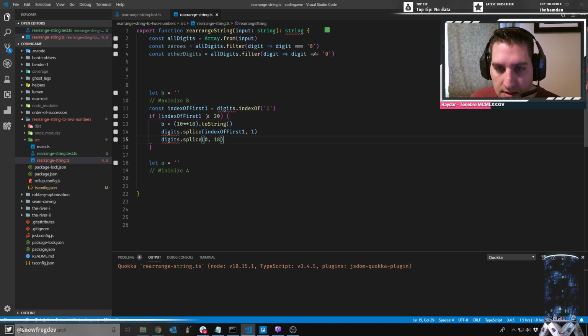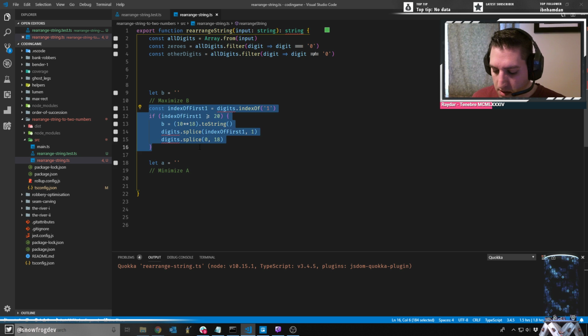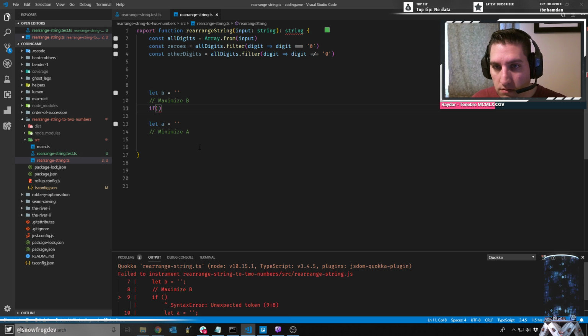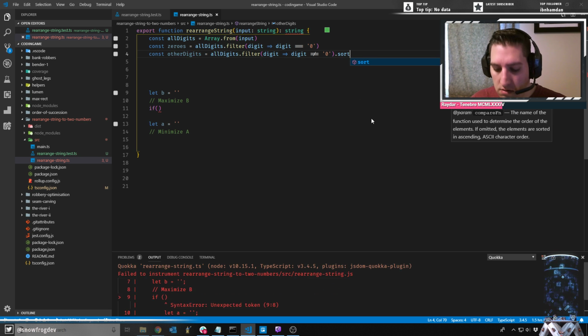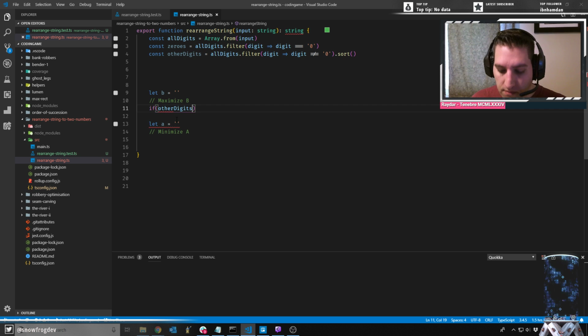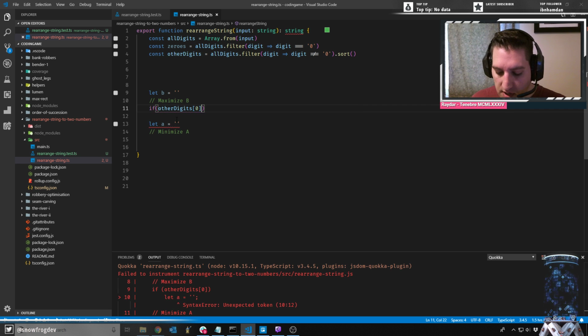Okay. So how are we doing this here? First, we're checking that we have a 1. So if, well, that's pretty simple, right? Because if we do have a 1, oh, hold on. We'll want that to be sorted too. Sorted in order at first anyways. So if other digits, the first index is a 1, right? If it isn't, then we know we don't have a 1. So if other digits 0 is equal to 1,